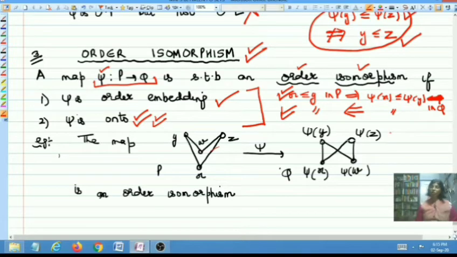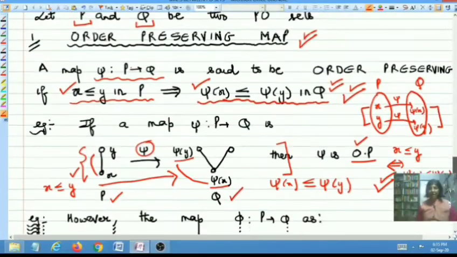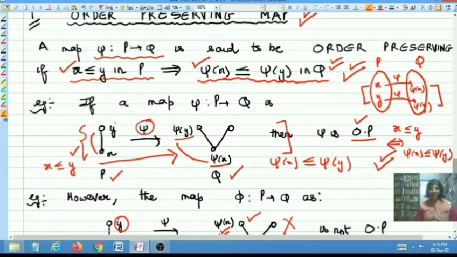A map which is an order isomorphism is an order preserving map, and it is an order embedding map as well. But the converse is not true. Converse need not be true. And you can see as far as the first example is concerned, if this was your P,